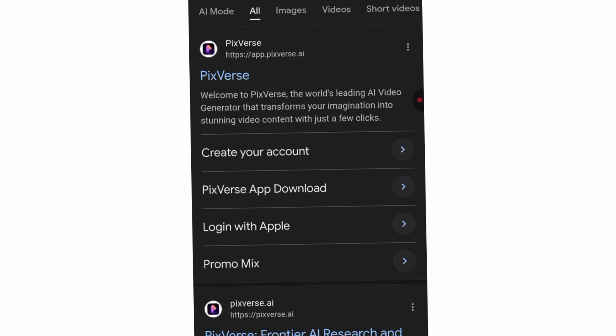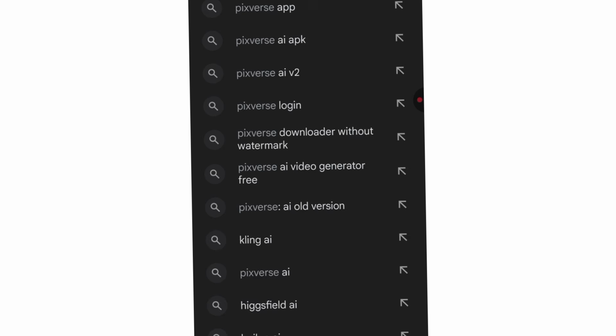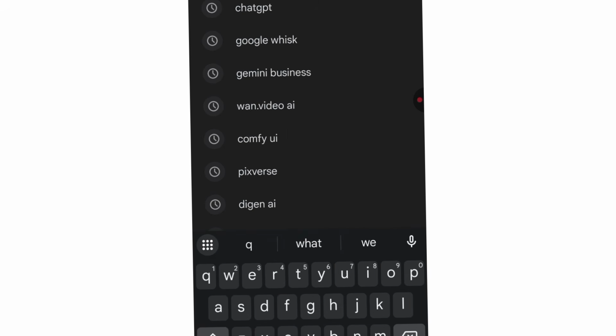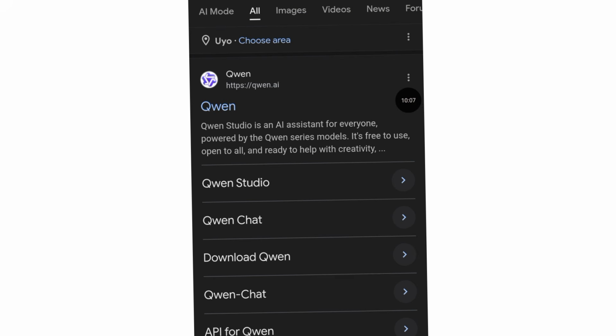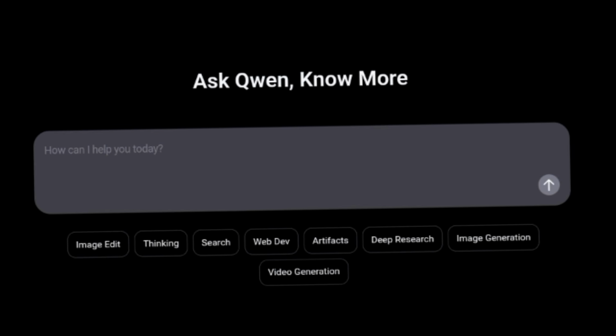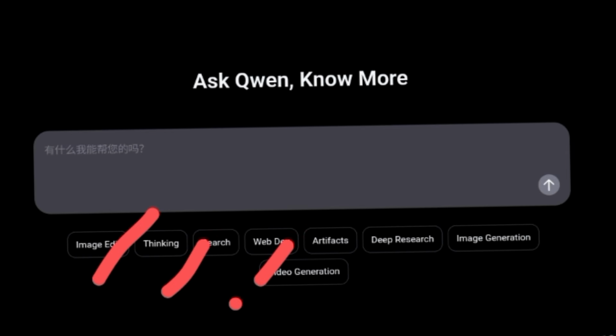So the next AI tool we'll be talking about in this video is Qwen AI. So this is the logo of Qwen AI. You can go ahead and click on it. Once you click on it, guys, here we have image edit, we have thinking, search, we have video generation, we have image generation, and all of that.